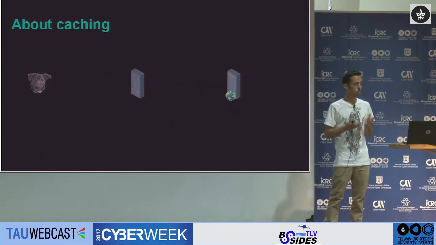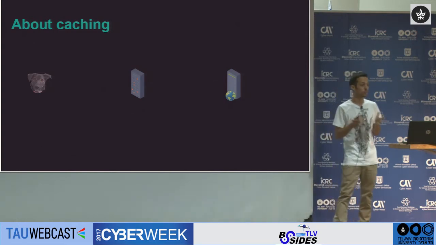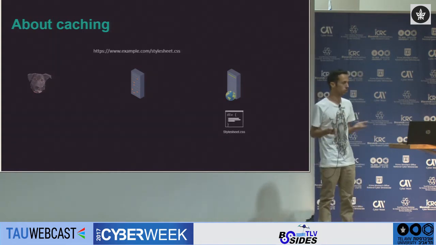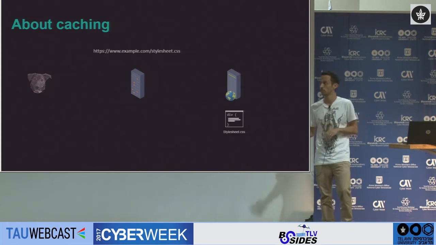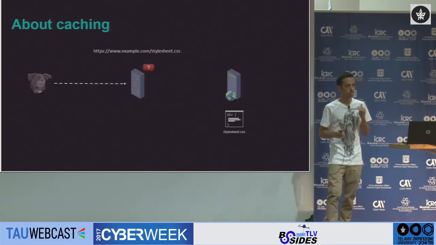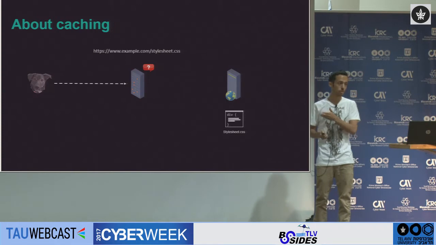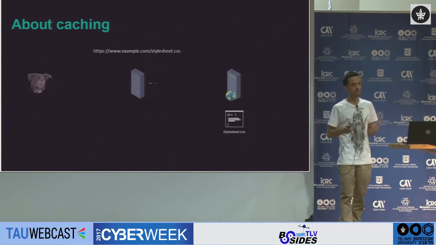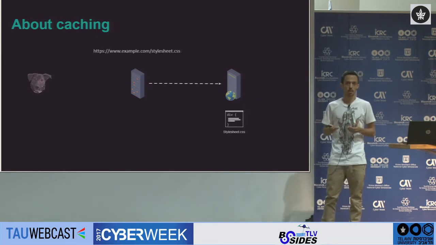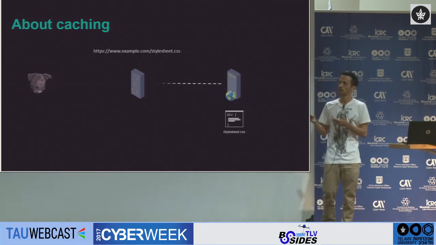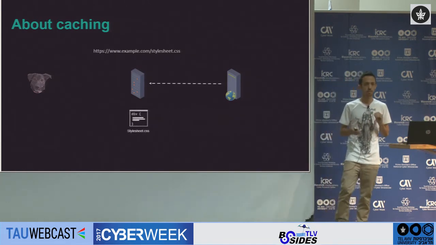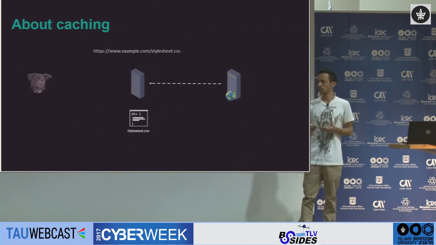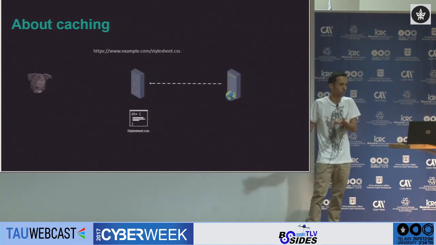Let's see what the process of caching looks like. So let's say that Java here wants to access this static file, stylesheet.css. This is an actual file on a web server. Let's see the process of it. At first, the request arrives at the caching mechanism. Now, the caching mechanism is not yet familiar with this file, okay? So it asks the web server to send it to him. Now, the web server just sends this file to the caching mechanism, and now the caching mechanism has to decide whether this file should be cached or not. In order to do that, it has some configuration that someone configured on it.